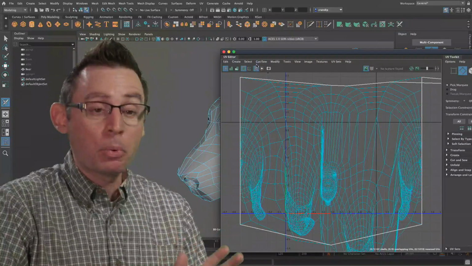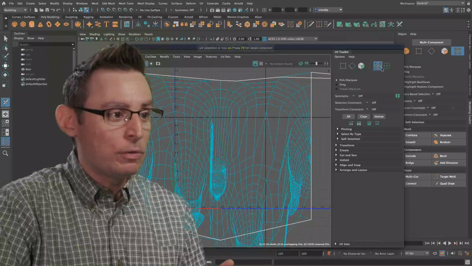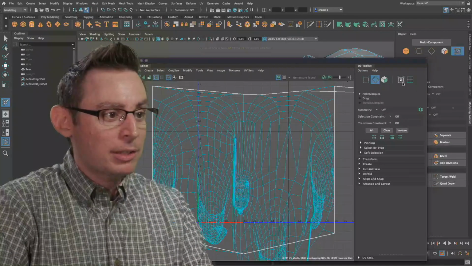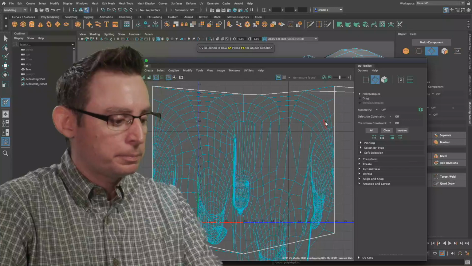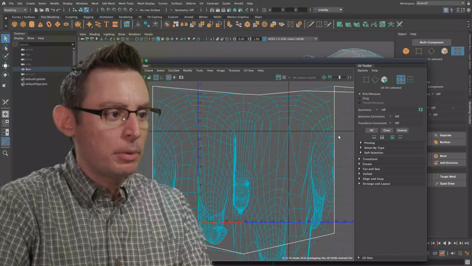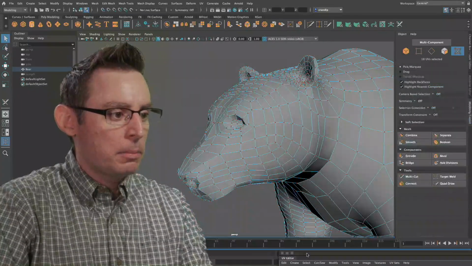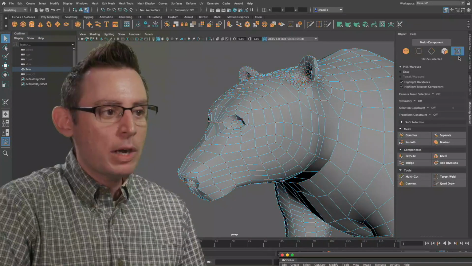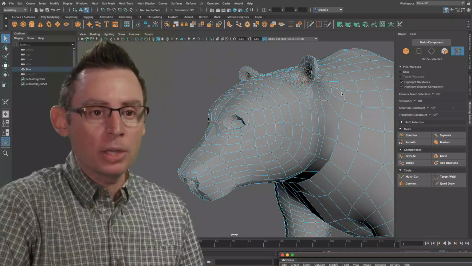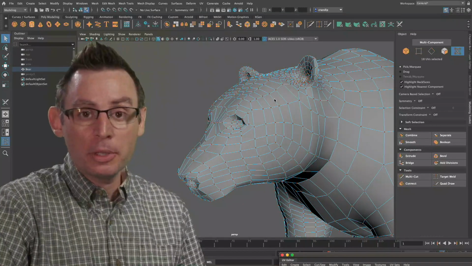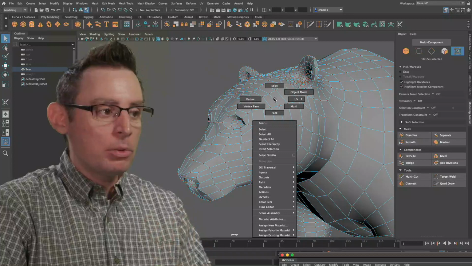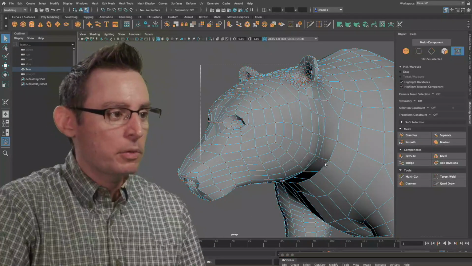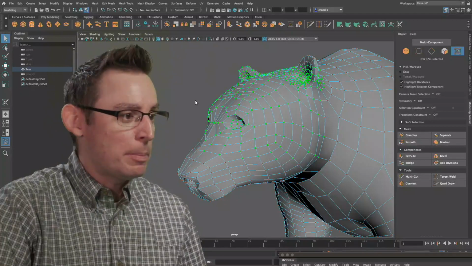Now, before we start, it's important to point out that I'm in my UV selection state here inside of my modeling toolkit. You don't necessarily have to be inside of your modeling toolkit to enable this selection state. If you don't have your UV editor open, you can also get to the selection of our UVs right here inside of our modeling toolkit. In addition, if we were just to simply right-click and hold, the marking menu will pop up, and you can see we have a section inside the pie menu called UVs. So we have a couple different ways of going in and selecting and manipulating our UVs.